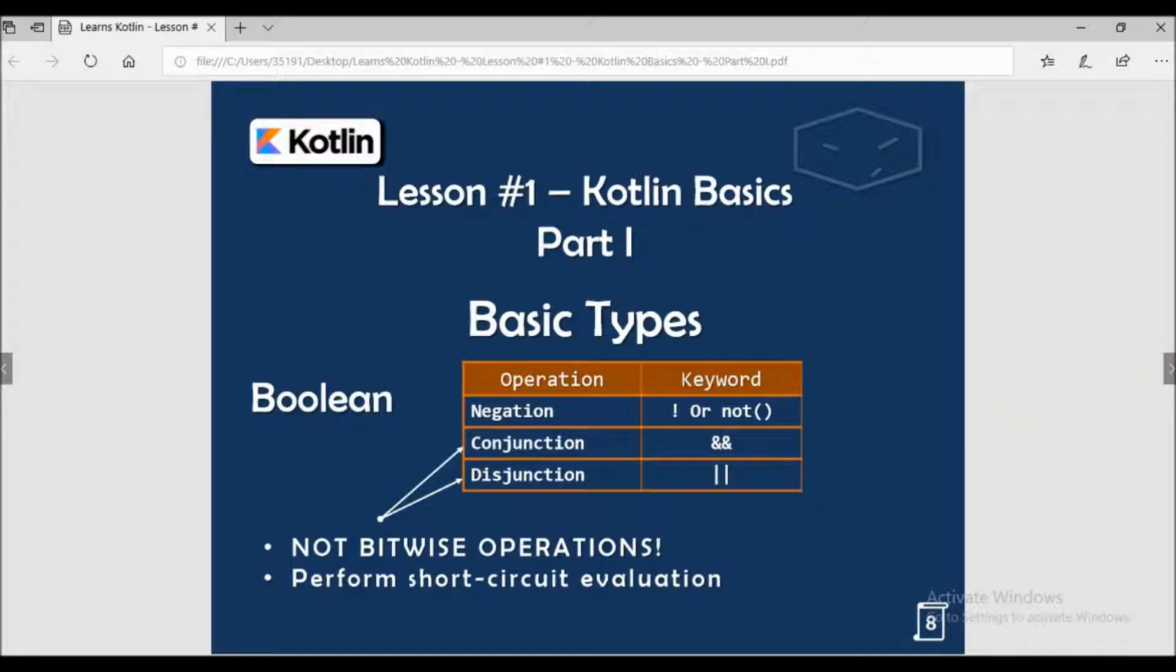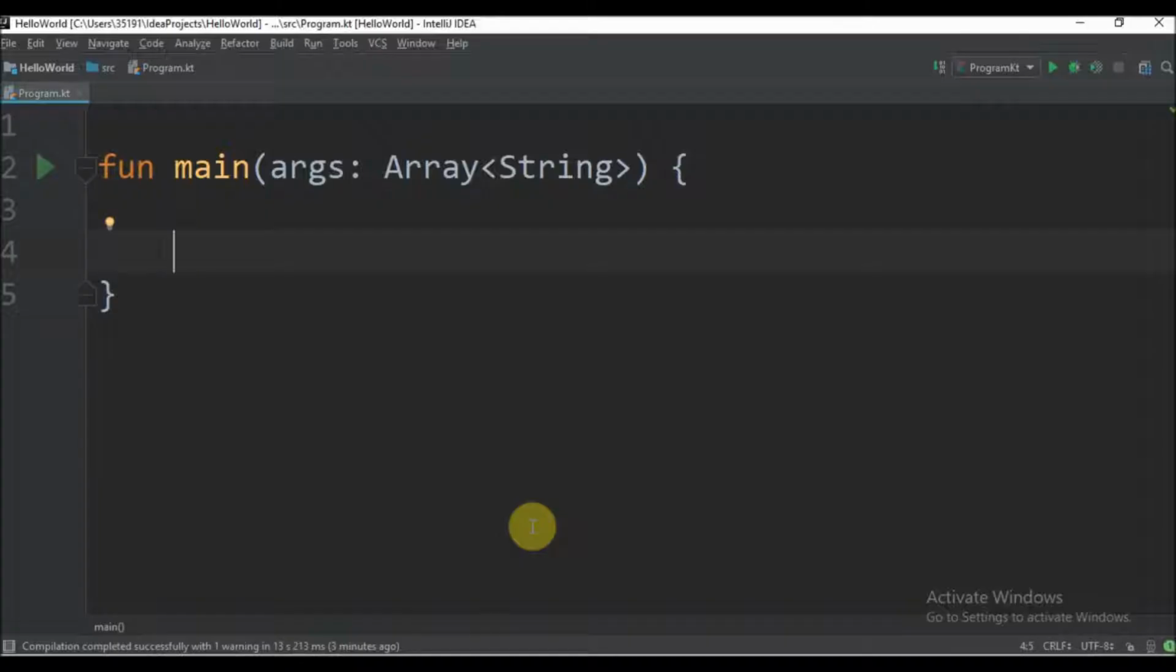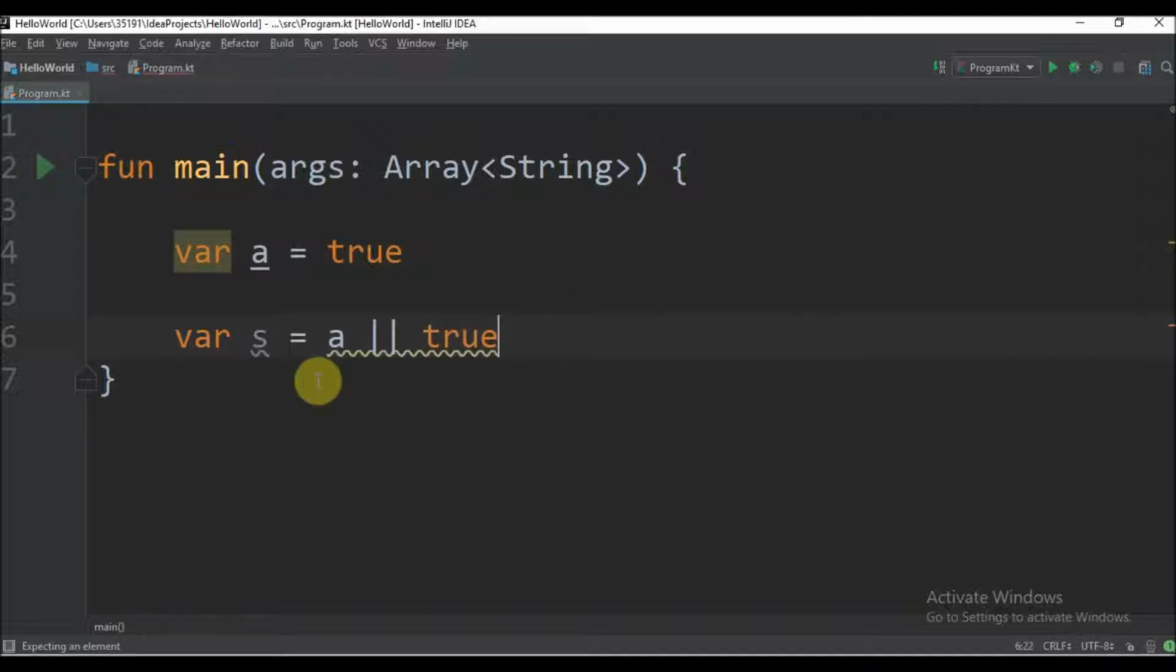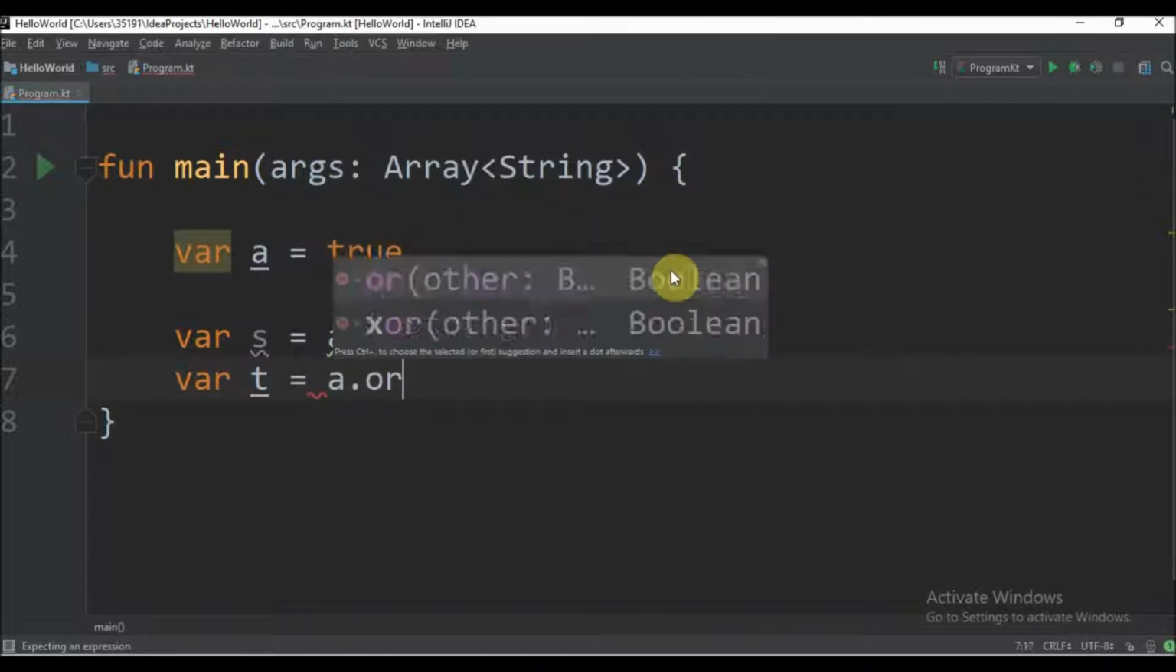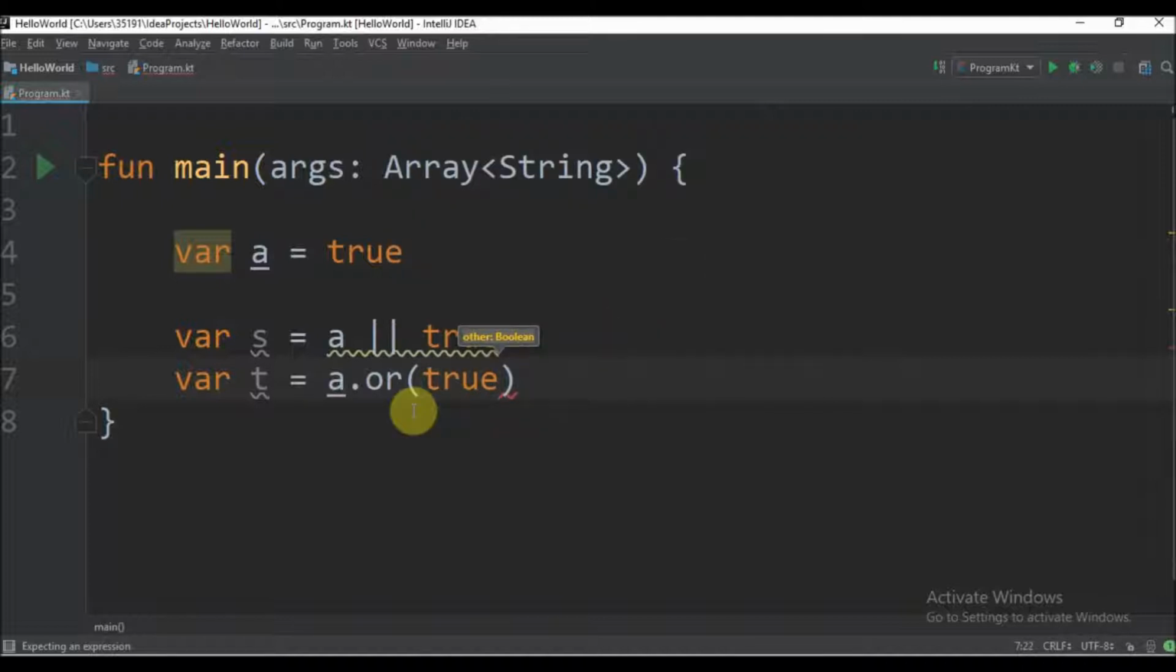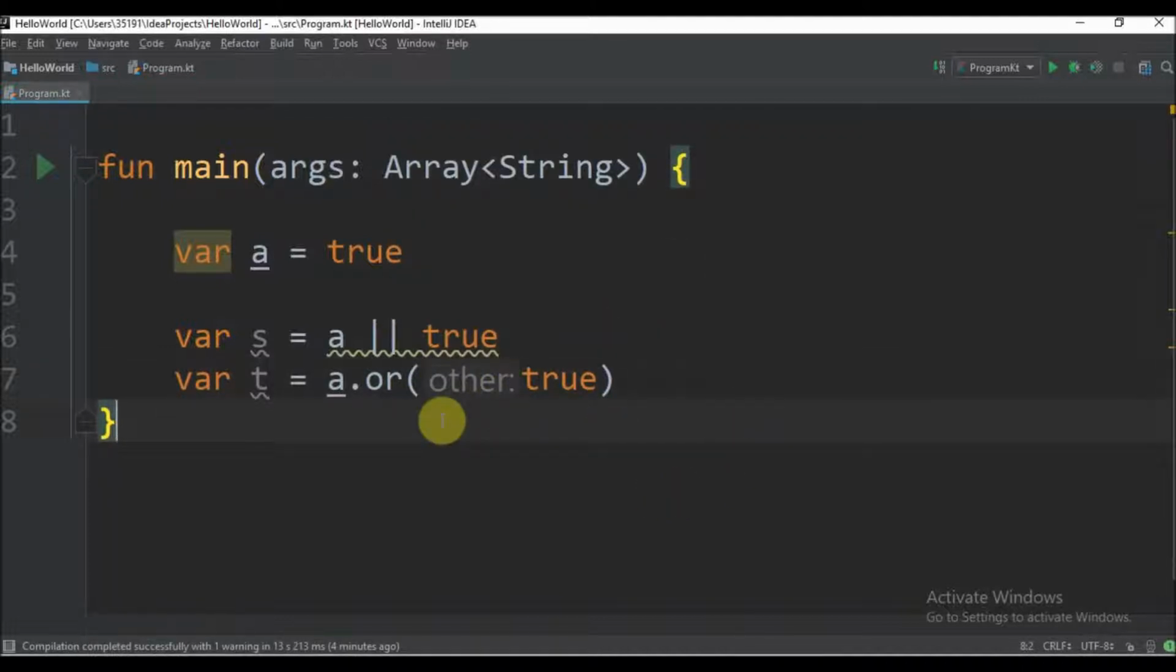What this means, I need some code. For example, you have a var a equal to true, and you say that you have a var s that is equal to a or true. In this scenario, since this one is true, this one will not be evaluated. This is the short circuit. Okay, for example, this is different from bitwise operations, a or true. The bitwise operation must be evaluated always. So